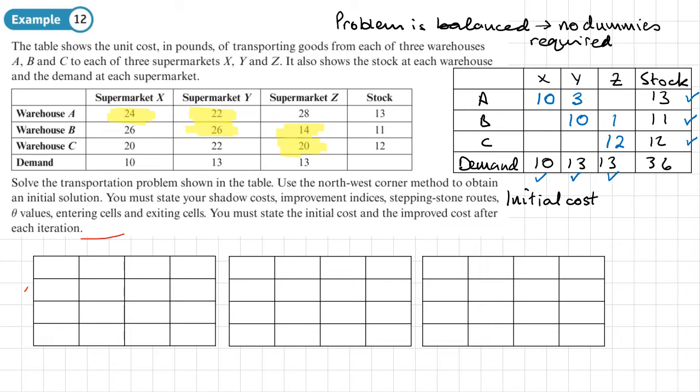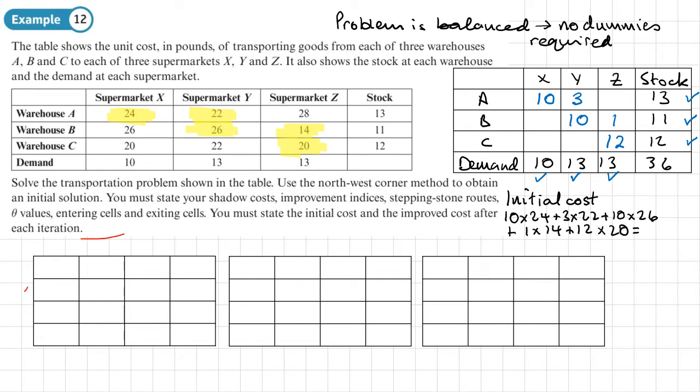So 10 lots of a cost of 24 plus 3 lots at a cost of 22 plus 10 lots at a cost of 26 plus 1 lot at a cost of 14 plus 12 lots at a cost of 20,